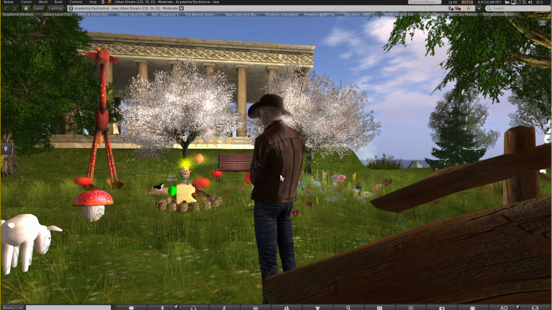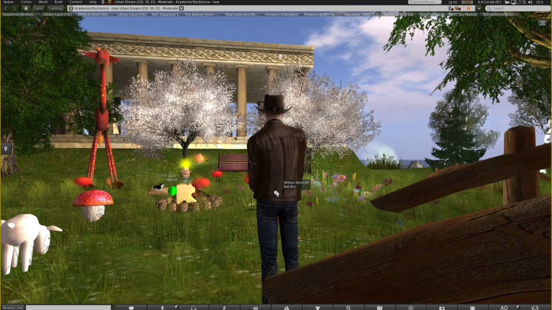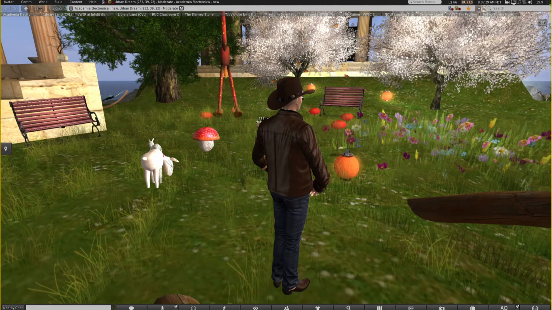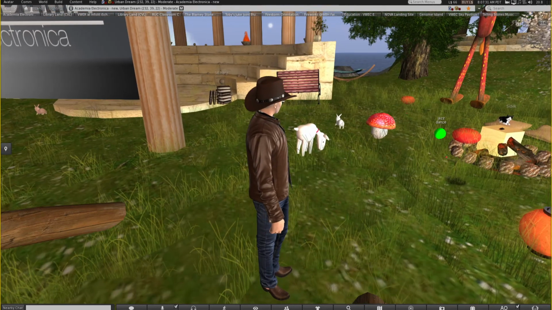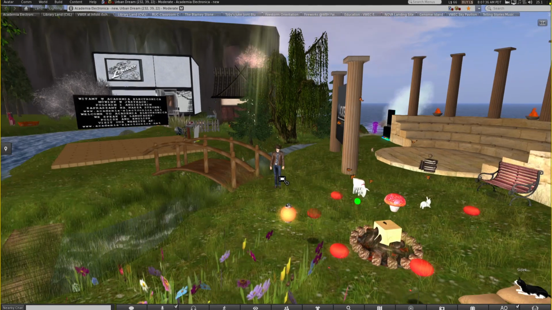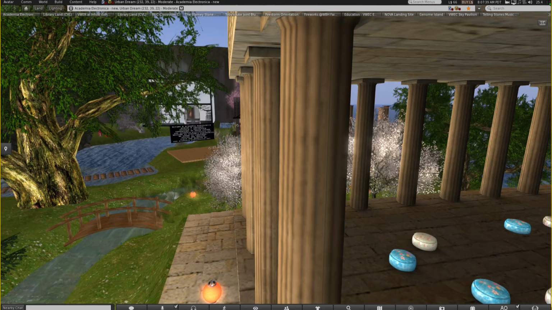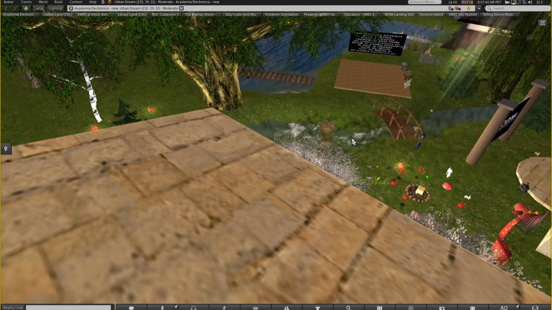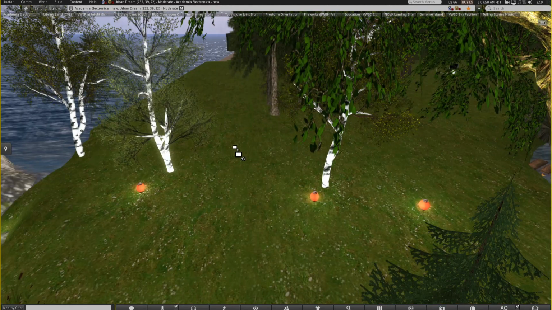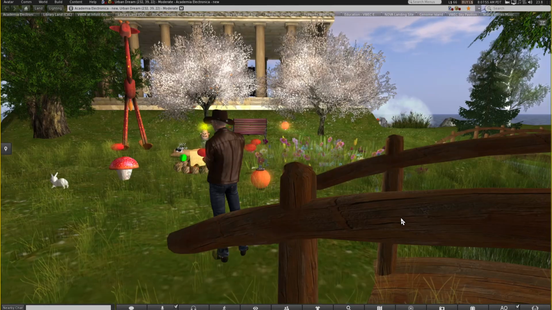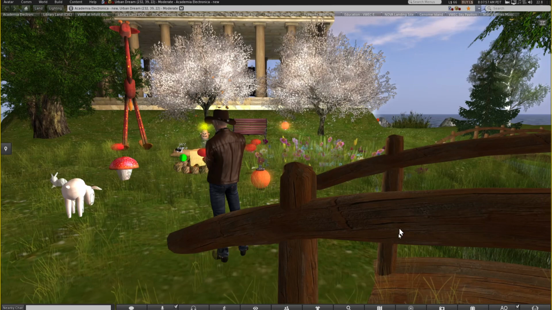All right. Now, by pressing Control and Alt and using a mouse, I can operate a camera so that I can see anything that I want. I can zoom out by using the wheel. There are some trees here, and I can get a bird's eye view. If I lose my avatar, because I put my camera somewhere and lose myself, I can just press escape, and it's going to take me right back to the avatar